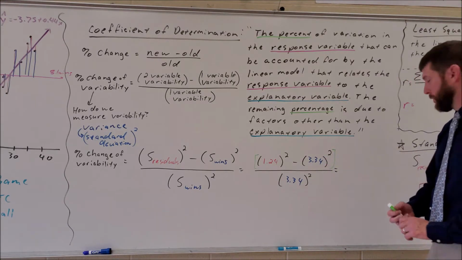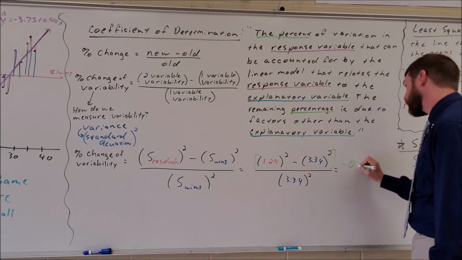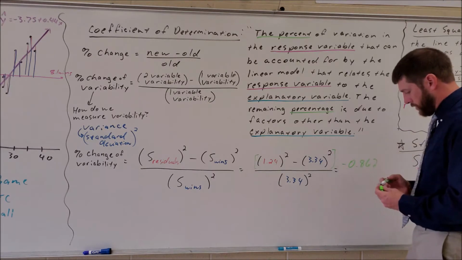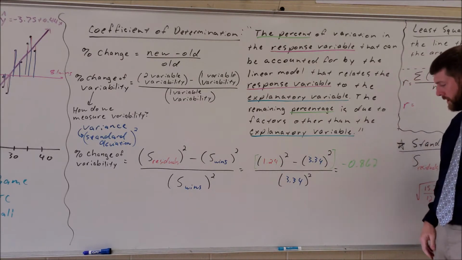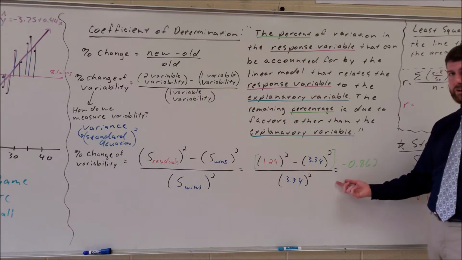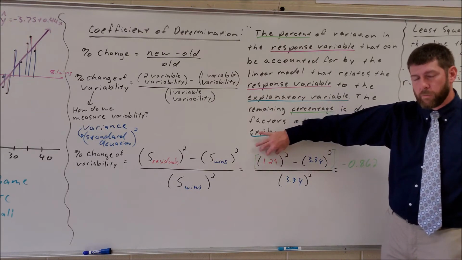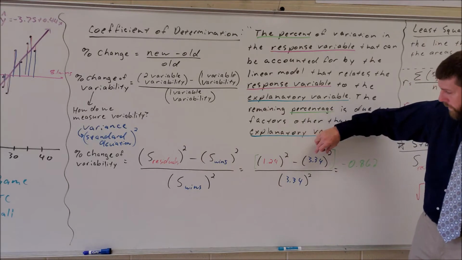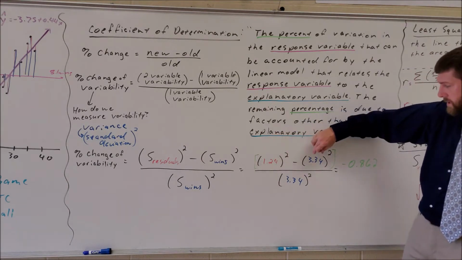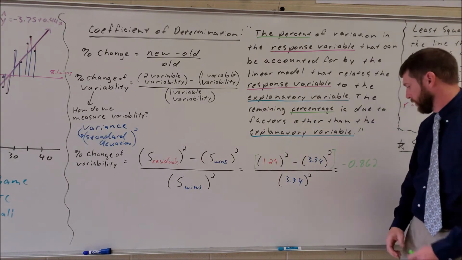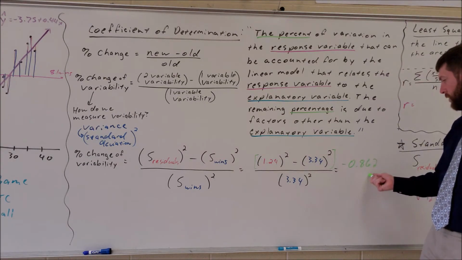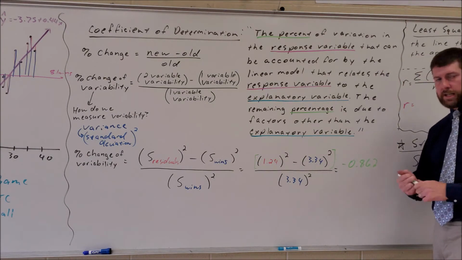All right, hopefully you were able to get it and you got negative 0.862, negative 0.862. And this negative is a good thing in this case. And we saw that because we got more accurate, more precise when we use the prediction line instead of just using the average number of wins. So that negative 0.862, what that's saying is